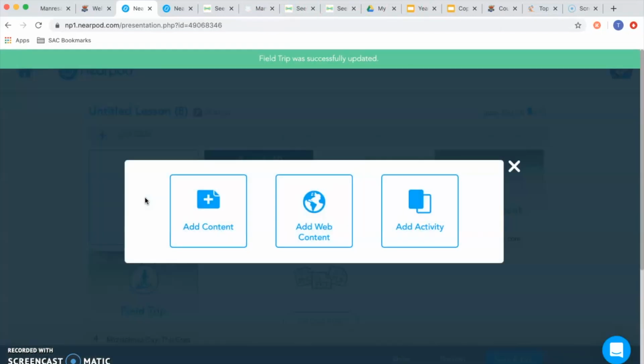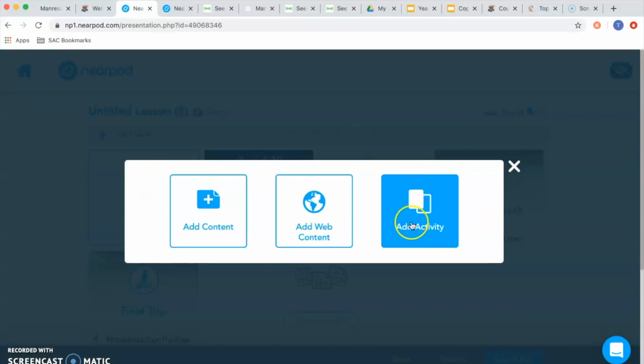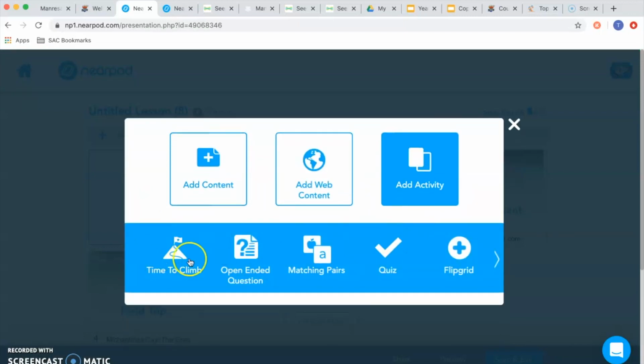Okay, now on to activities. And there's a number of activities. Time to climb is a timed quiz. So if you wanted to put a time limit on each part of your quiz, that you can do. Once you've created it like that, you can't turn it back into a normal quiz. You can only turn a normal quiz into a time to climb quiz. So having a look at the quiz, which is something most of us will probably be using,